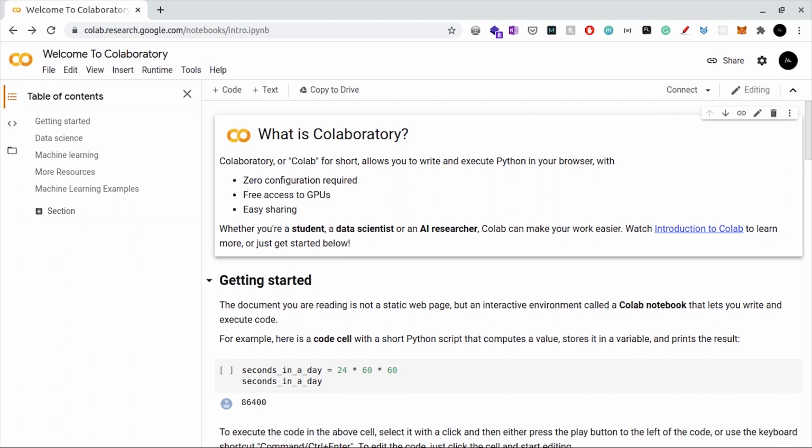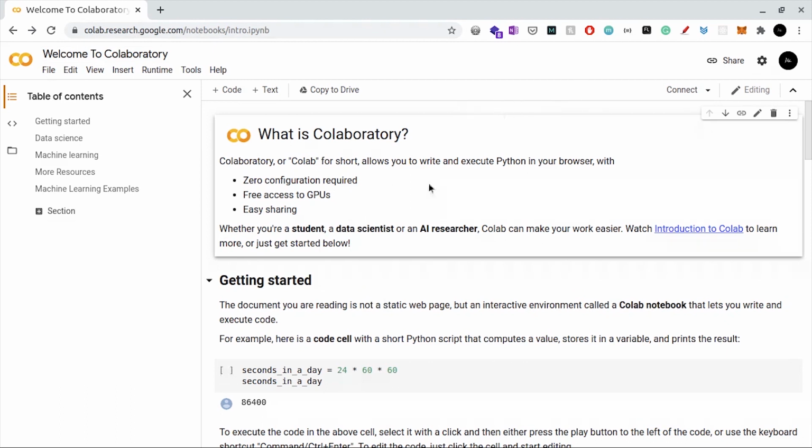Also to mention, I would not be using any offline IDEs because there are many problems with that. You have to install the interpreter and some heavy software. I personally don't prefer that. So in this series, we will be using Google Colab. You just go to the browser and search Google Colab, and you will land at this website.